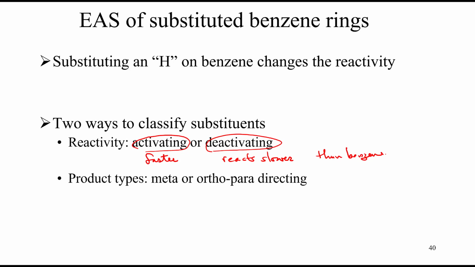So one way, again, we look at reactivity. We say faster or slower. We have activating and deactivating substituents. There's another classification which is also very important. And these are whether or not it's an ortho-para-directing substituent on the ring or a meta-directing substituent on the ring. So to give you an example, if I take a benzene ring